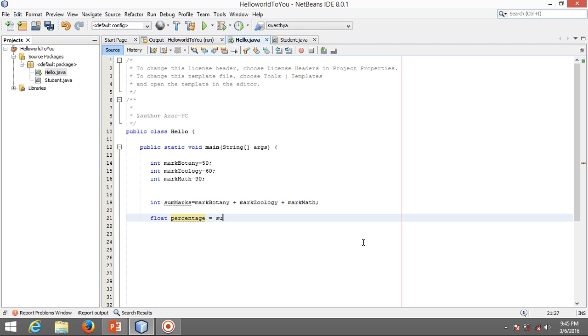I will take sum of marks, divide it by 3, and this whole thing is going to be multiplied by 100.